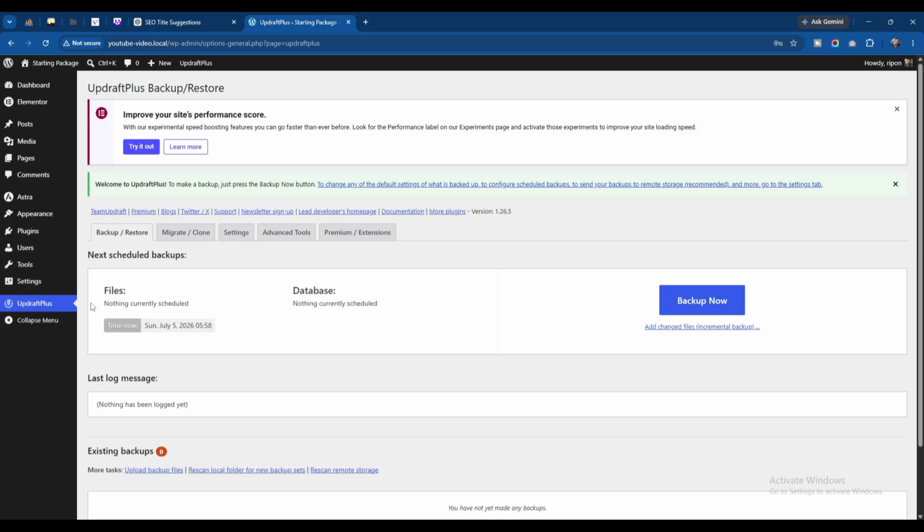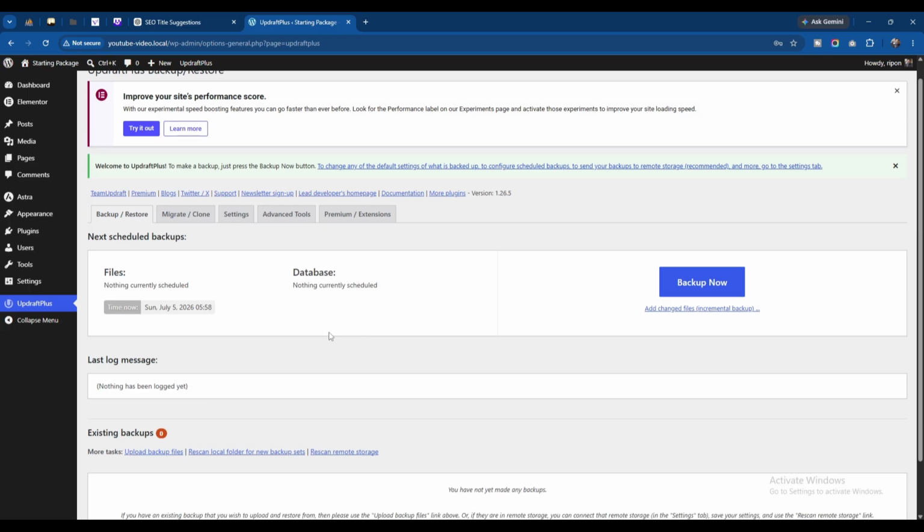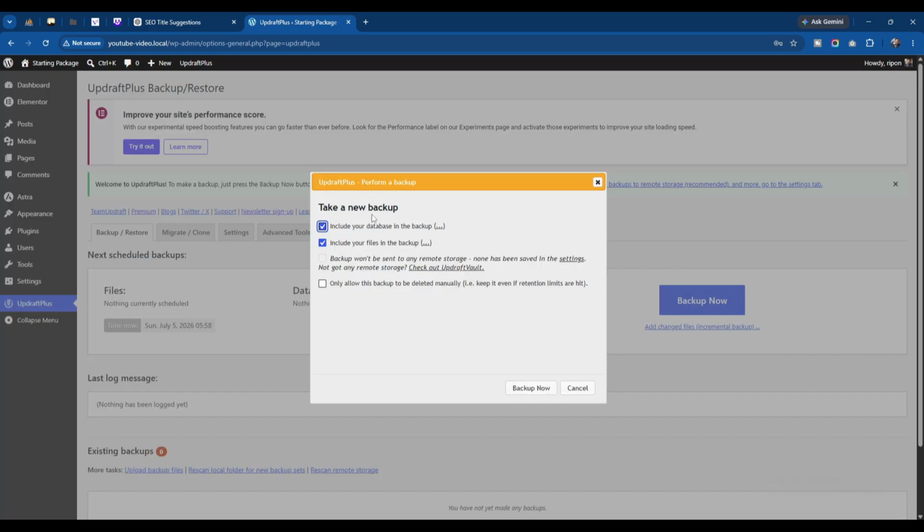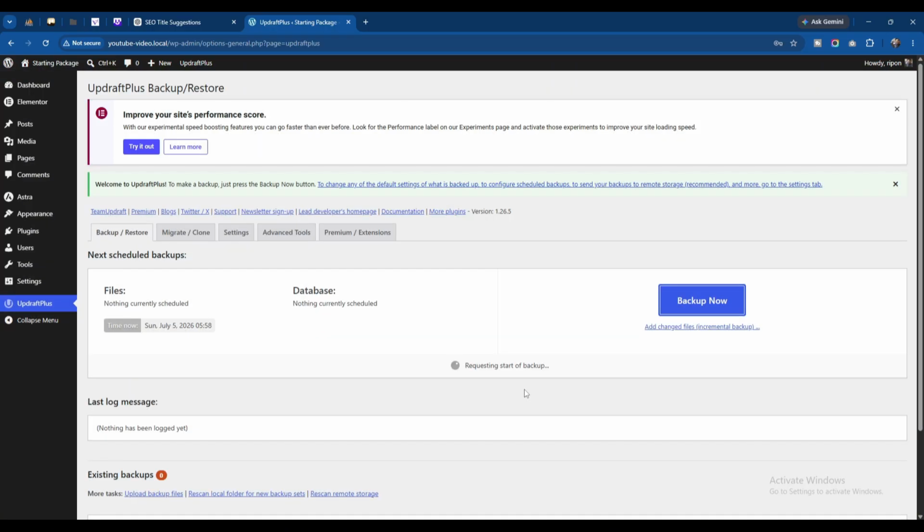So I have installed and activated it, and after that you will see something like this, and you can click on the backup now button. In the backup now option, you can include your database, you can include your files, and only allow this backup to be deleted manually. That means this backup will not be deleted automatically, your permission will be needed. So we will check it out, and I will click on the backup now button,